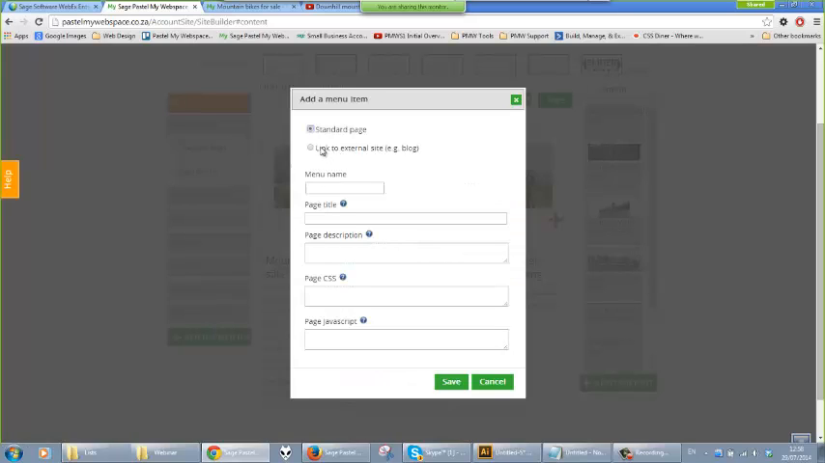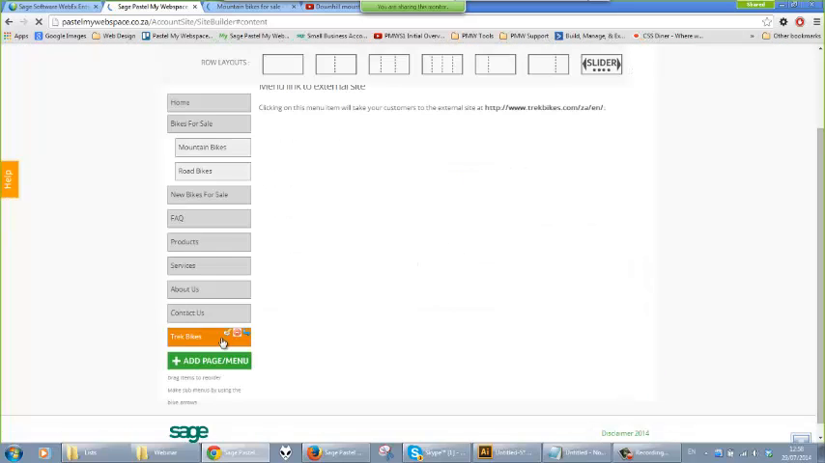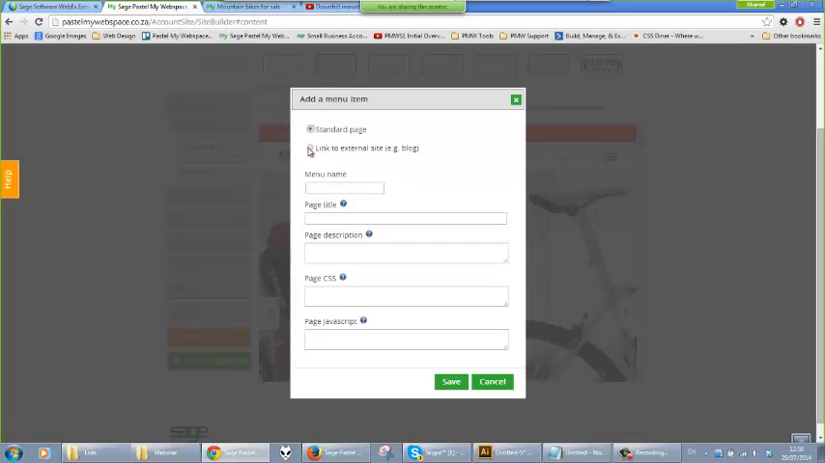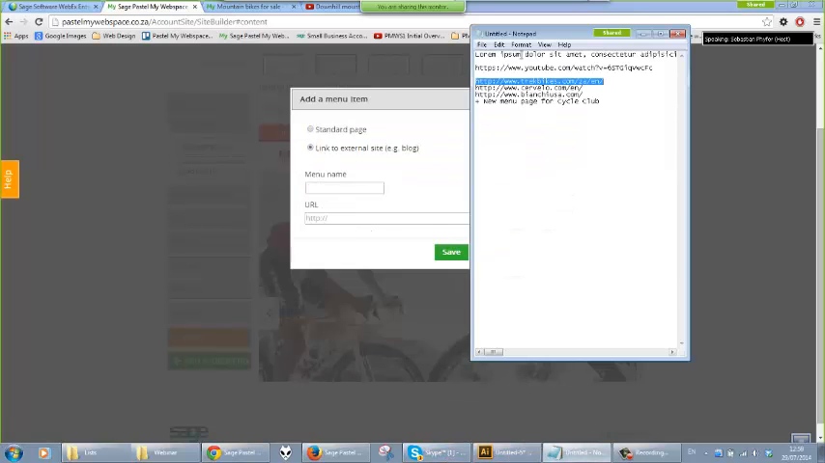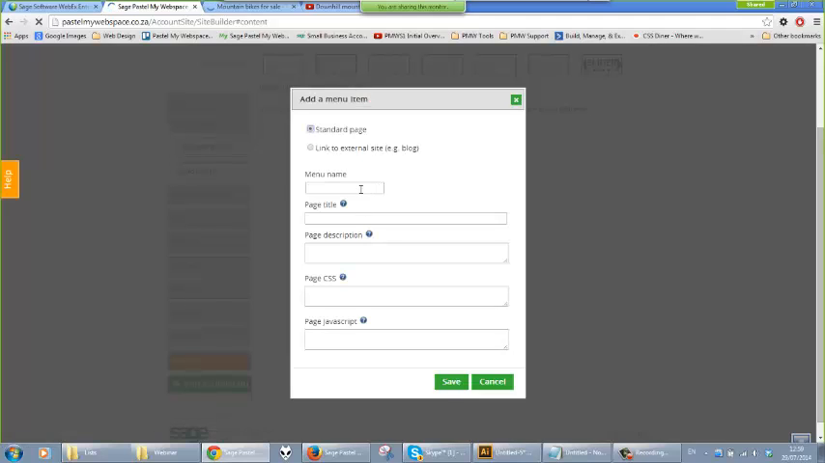Okay, let's add a page, link to an external site, enter in our URL, and I want to call it Trek Bikes. There we go. And you'll see here it automatically goes and fetches what's on that website already. I want to add a new one, link to an external site, and call it Bianchi, and add the new one called